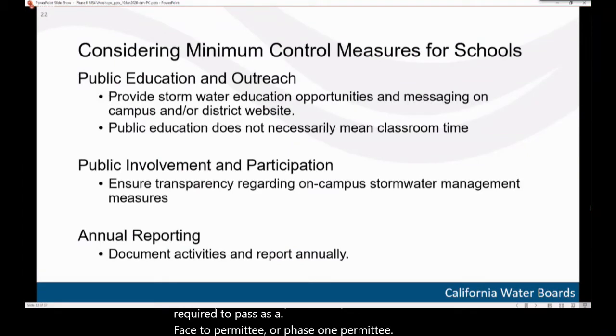For public education and outreach, that means that the schools are going to have to provide some kind of stormwater education opportunities and/or messaging on their campus or on their website. It doesn't necessarily mean you have to change your classroom lessons. We don't plan on putting very specific requirements in there telling you what to do in the classroom. We know that schools are very sensitive to that, but what we are considering is just having some basic messages,